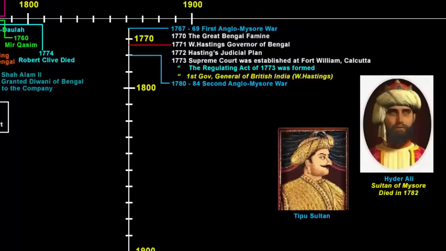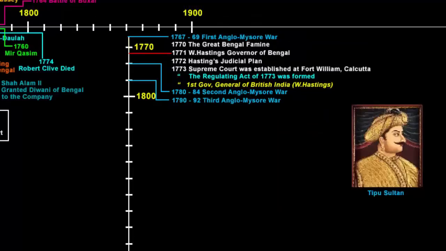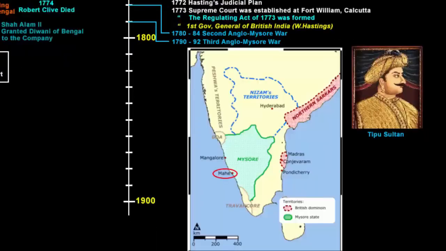The third Anglo Mysore War was fought between 1790 to 1792. It was again under the leadership of Tipu Sultan, but this time France was an ally of Mysore. Tipu Sultan established a close relationship with the French in India and modernized his army. Together, they invaded Travancore, which was British ally. Mysore lost its capital, Seringapatam, to the company. So here the company won and they acquired the capital city of Mysore.